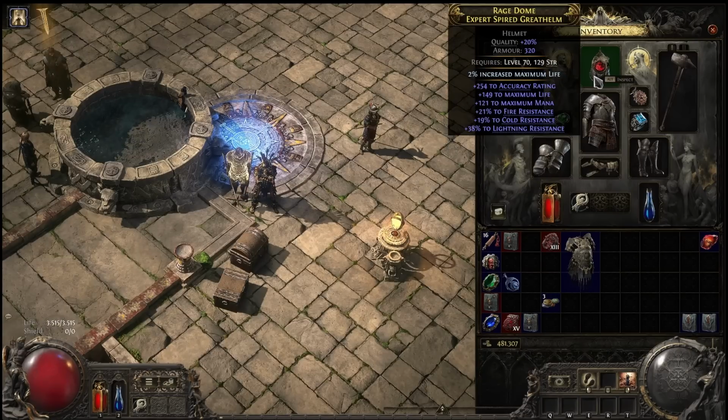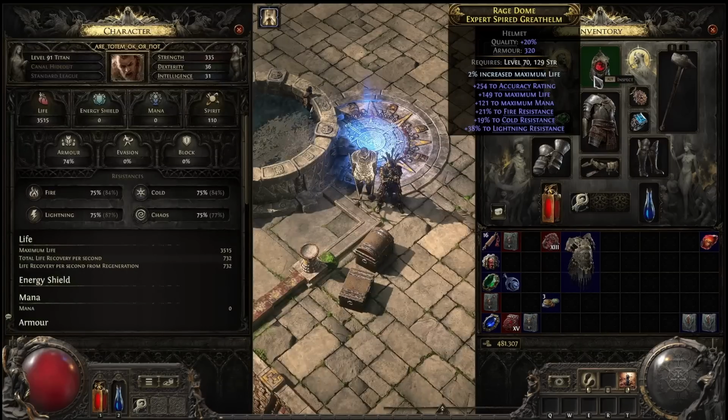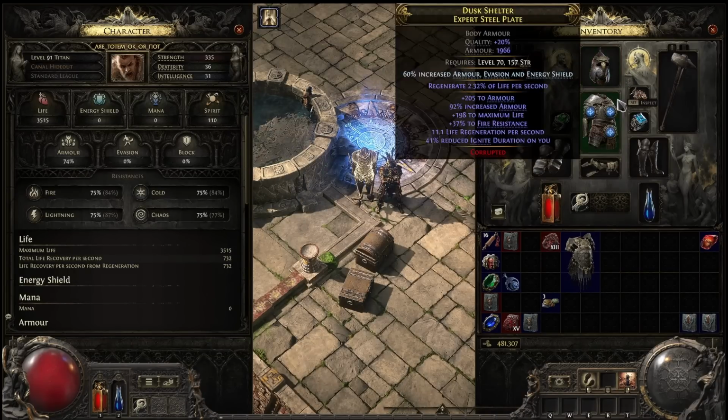We want a little bit of accuracy on our helmet, because like I explained, the accuracy carries over to your totems. We want resistances to get us a little bit overcapped for elemental weakness maps, if you can, but just getting close enough to cap is going to be good as is. And we want a strength base with high armor. In that theme, we want a chest plate that has exactly the same,